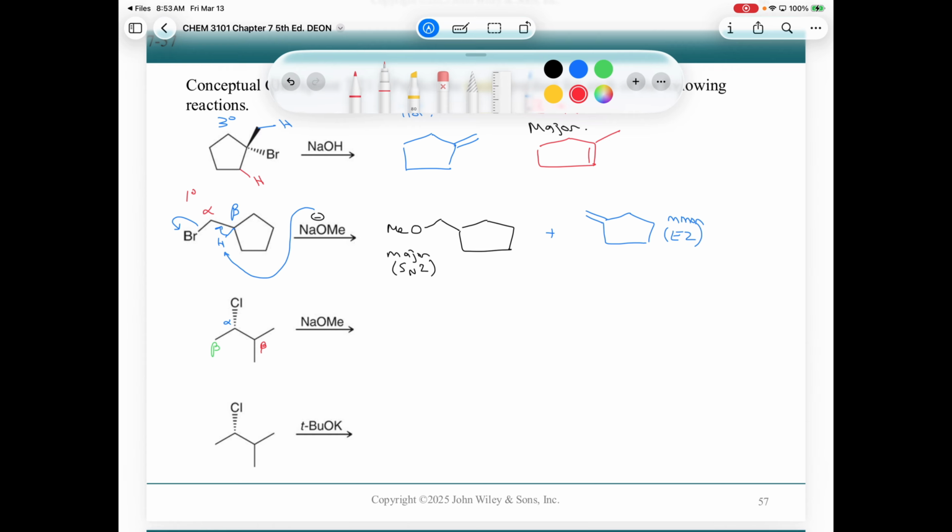And so if it's an unhindered base, which is going to predominate? Let's try it this way. The Zaitsev or the Hofmann? Unhindered base. Remember, this thing is small. It's like a ninja. It's like, I can go here, and I can go there. I'll do whatever I want. I can fit in anywhere I want. I'm going to make the most stable product because it's my choice, okay? Which, if it strips off the proton on the red carbon or the green carbon, is going to give me the more stable product? Red, exactly. So it's going to pull that one off, all right? There you go. So this is going to be your major product. So major,